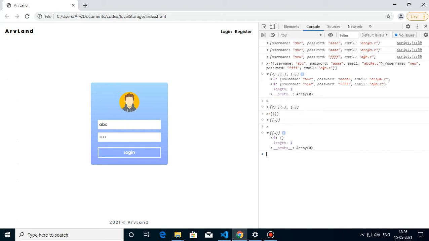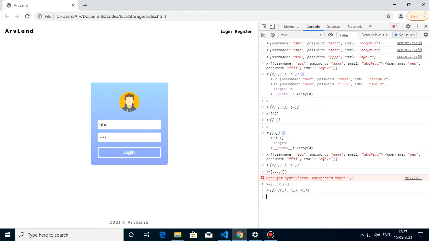For that what I can do is easy. I can do x equal to the array brackets open, and then 3 dots, which is destructuring, and then x, and then comma, and then I can add my empty bracket. See what happens is, for destructuring I have to add 3 dots plus the variable which I want to destructure.